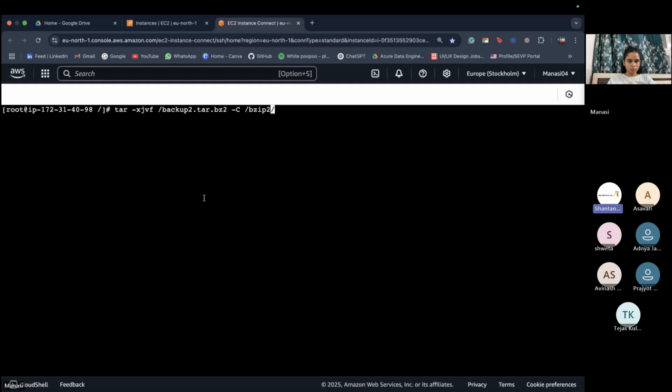Now let's move on to the xz decompression. Again, it is very similar, only one change in the option. Please execute the complete command.